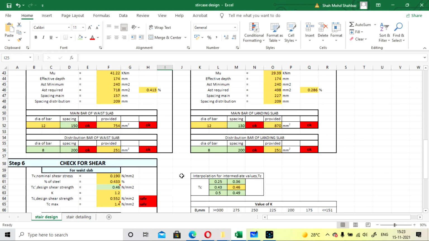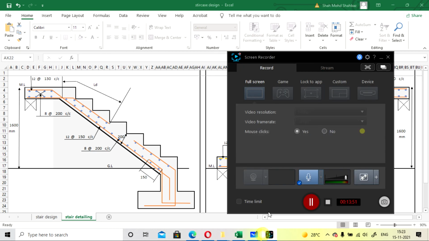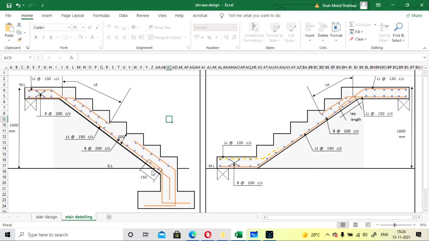Here also you can go with the measurement. You can check this length will only be for a dog leg stair, not for a straight stair, that is, where there was no mid landing. That is a different method and you have to adopt another design. Don't design that in this Excel sheet. Only dog leg staircase will work with this Excel sheet. So follow the design for dog leg only.